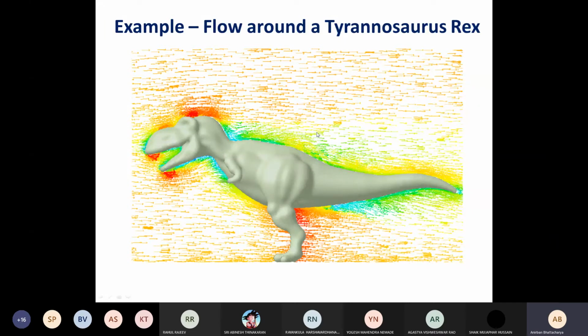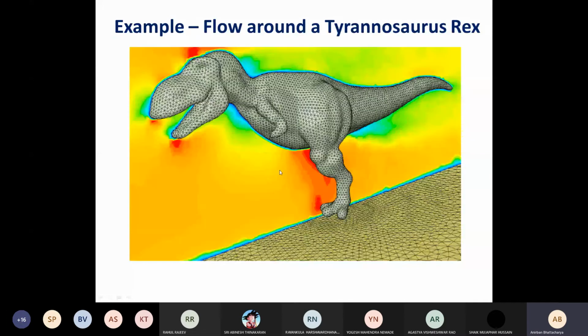This is the pressure that is generated. The scale should have been there. It was missing in the diagram that I have taken. So you can see that the red region shows high pressure. So high pressure exists in some regions, and lower pressure exists in other regions. And this is how typically you have to solve the problem.